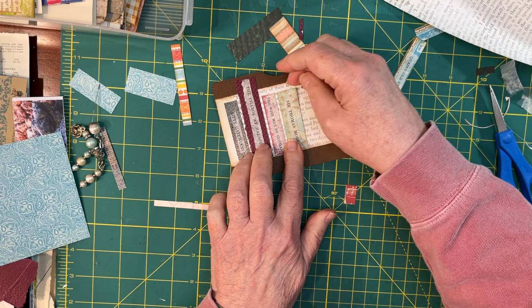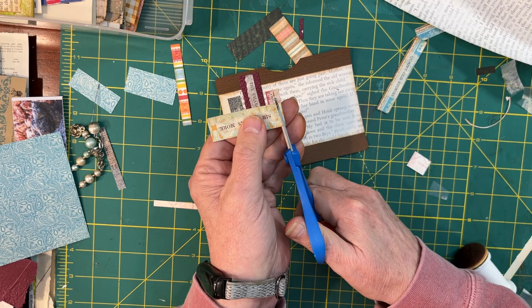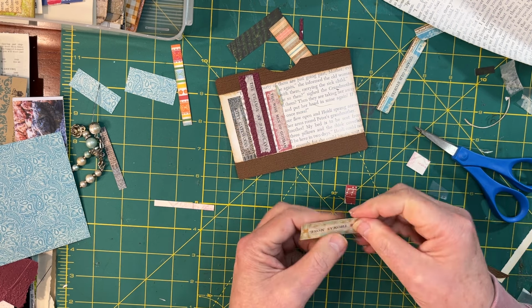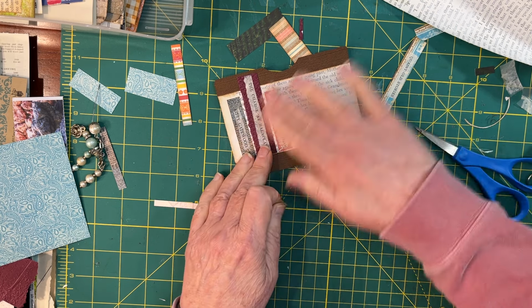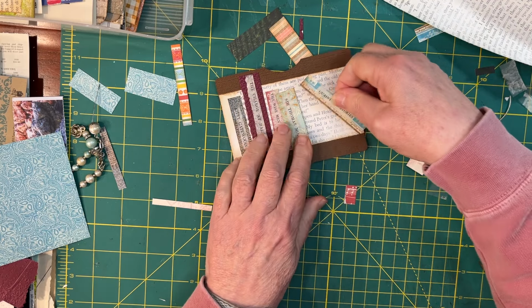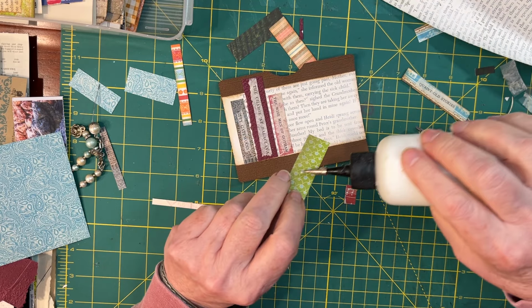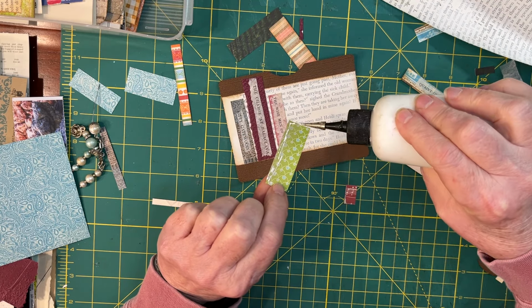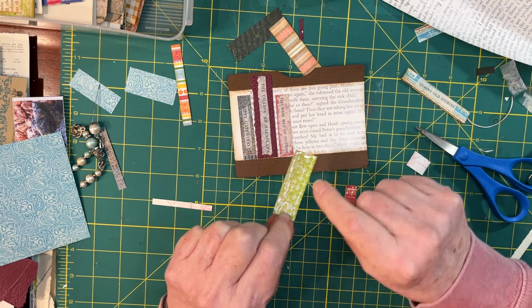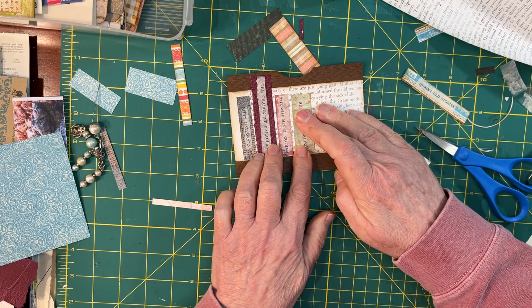Here's Sir Thomas More. I want a little variation, so I'm going to trim him down just a little bit. I want him just a little bit shorter than his next door neighbor on the bookshelf. And make certain I have enough room for both of these. Yeah, that will work. Maybe I'll look for a little stamp of a little teacup, or it just seemed like there ought to be something in this open space here. But for now, I'm very happy to have